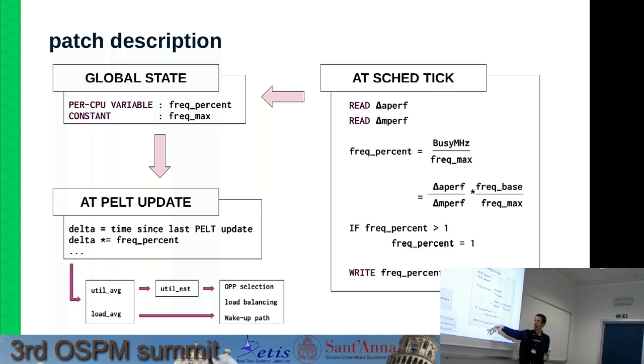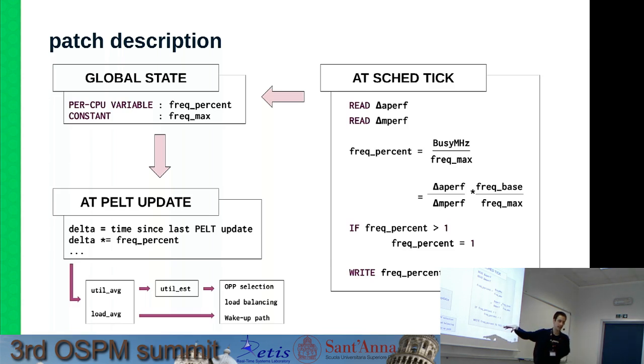So I could be running faster. That's the point of this. The only way this never gets executed is if your max frequency is the 1 core turbo level, like the maximum possible. But if you declare something less than that, you might surpass it. So I clip at 1 and then I write it back to this first view variable. So this happens every tick,